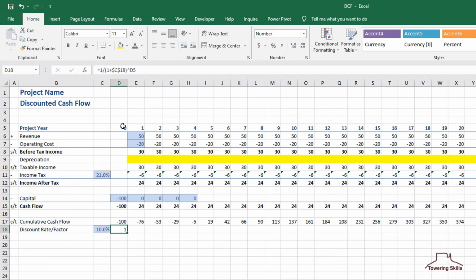We'll format cell D18 as a comma style with 3 decimal points, and also in a smaller text style, for example 10 points. This will remind us that this value does not get added but is used in a different way. We'll copy cell D18 and paste it into D18 through X18.